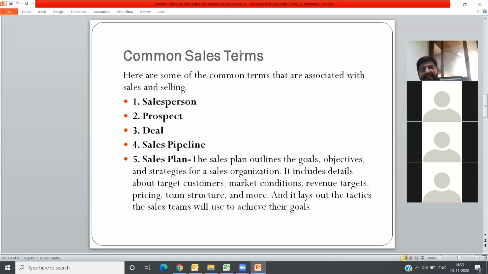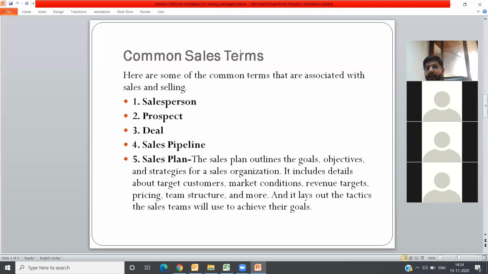And the last one is the sales plan. Everyone should have goals, objectives and strategies for sales. For Maldives, we should have a particular weekly goal, monthly goal, or objectives. This kind of property has to be promoted when the customer is asking for the same thing, and this kind of property has to be promoted for this budget. If you don't have goals, objectives and strategies, then you are lagging behind other companies, because everyone is setting them before the week or before the month starts.